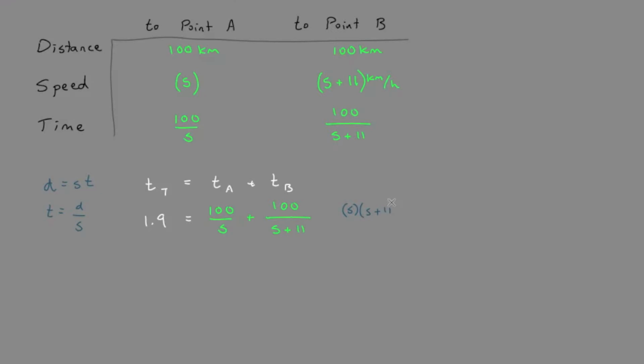This is what we do in order to get rid of the fractions or the denominator. So multiplying each term by this. It's kind of messy, but you can still see that s would cancel here and s plus 11 would cancel here, and on the left side it would be still there. So 1.9 times